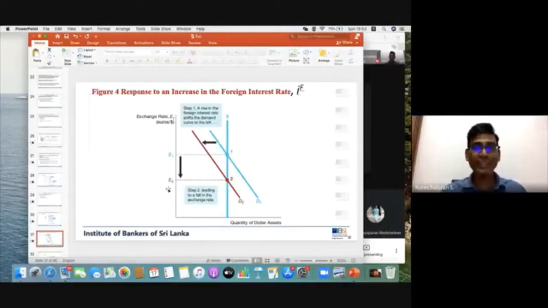So there are two different impacts. One is when the domestic interest rate increases, demand for dollar assets increases, but when the foreign interest rate increases, demand decreases. So this is happening the other way around for the two variables. I hope you understand this one. Okay. Third,